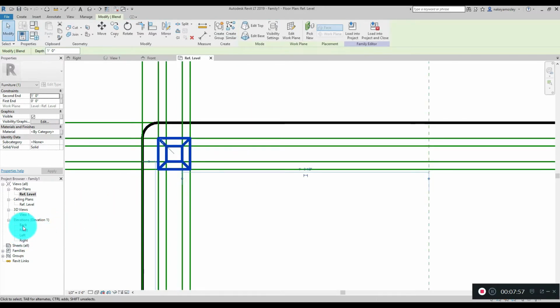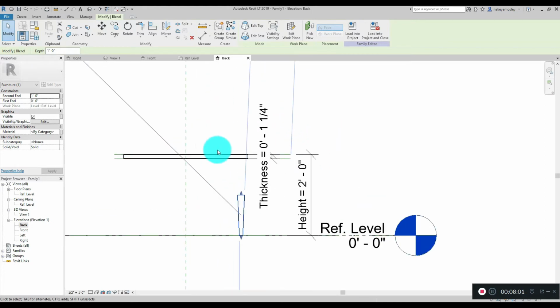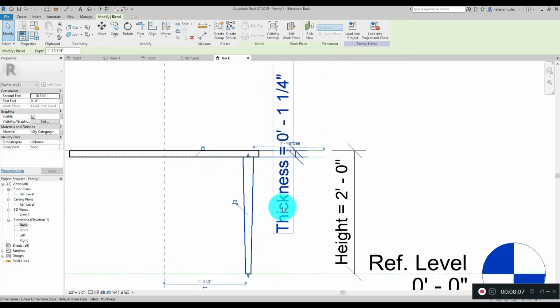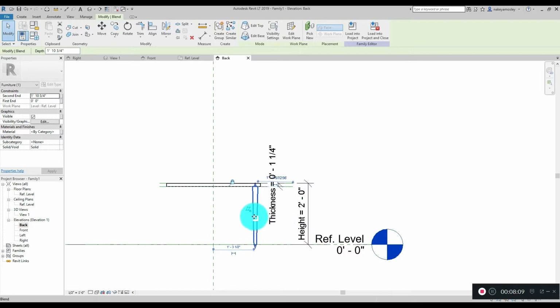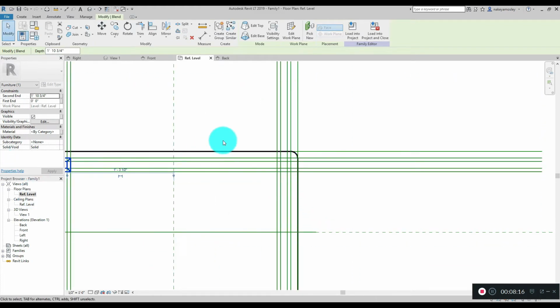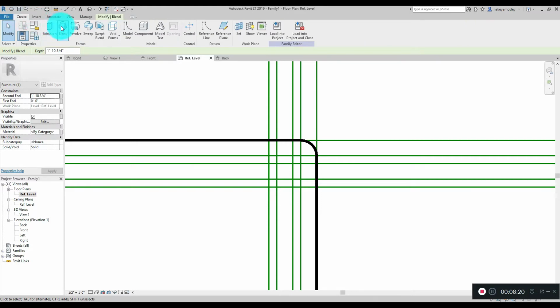Now let's take a look. And there's one leg so far. Then you want to bring this up because it's not in the right spot, and then snap it so that if we change the height, the leg will move with it. So go back to reference line, and then reference level, and then repeat what you just did. So go to create, extrusion,